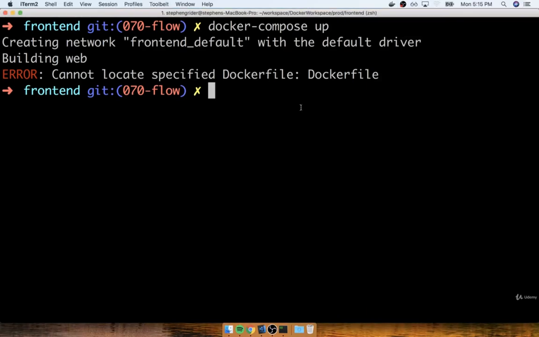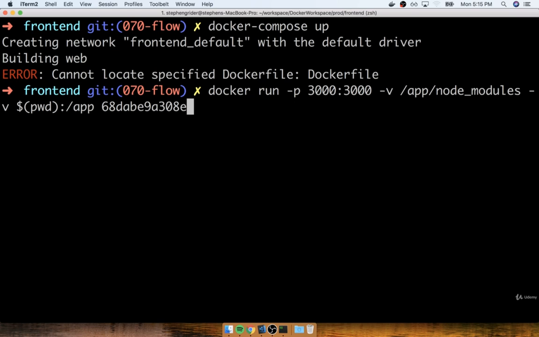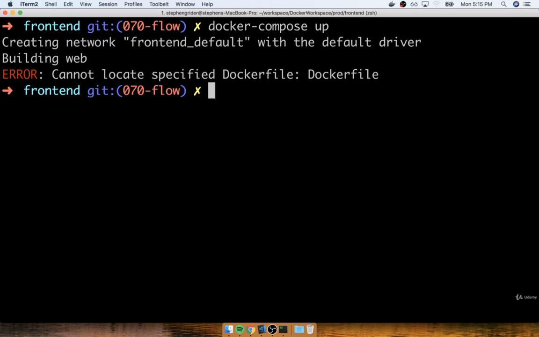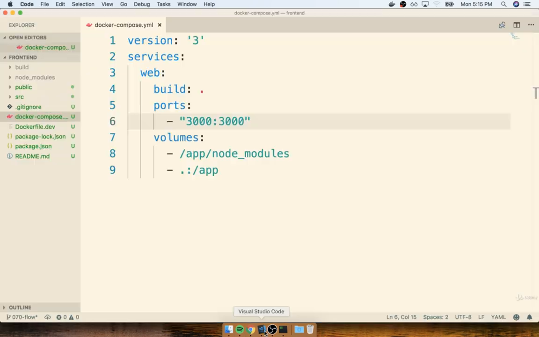In the last section, we created a Docker Compose file to avoid having to run that really long Docker run command. However, when we tried to test out that Docker Compose file, we ran into a little bit of an issue because our Dockerfile is not called Dockerfile, which is the convention. So in order to fix this, we're going to make a slight tweak to the build option inside of our